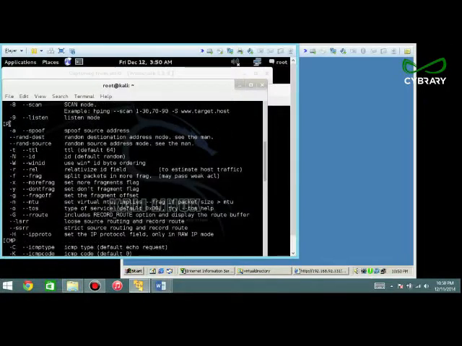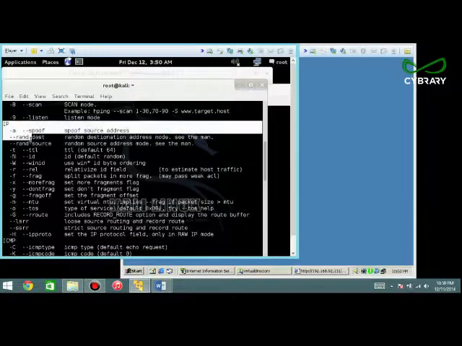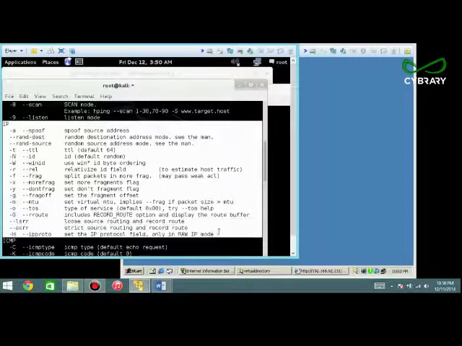The next section is IP. This is where, if you really know your packet analysis, you can go in there and manipulate all portions of the IP packet. Everything from time to live, IDs, window IDs. If you want to set fragmentation, or set more fragments or don't fragment, or offset the fragments,